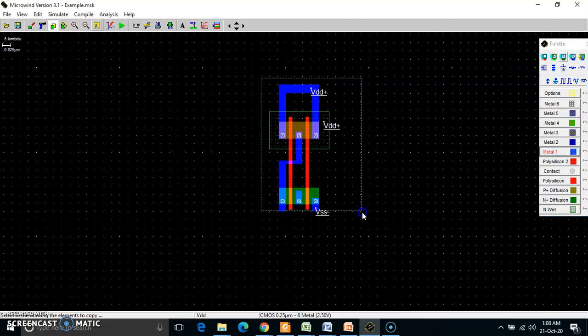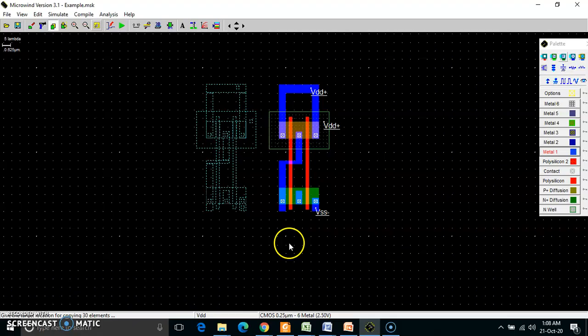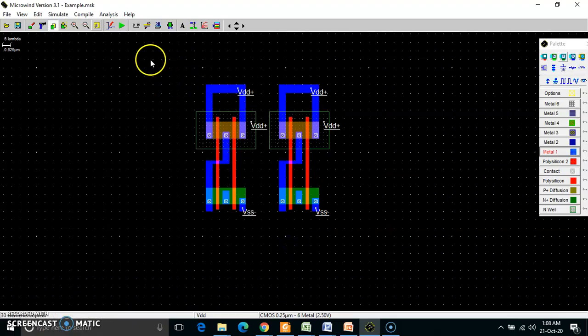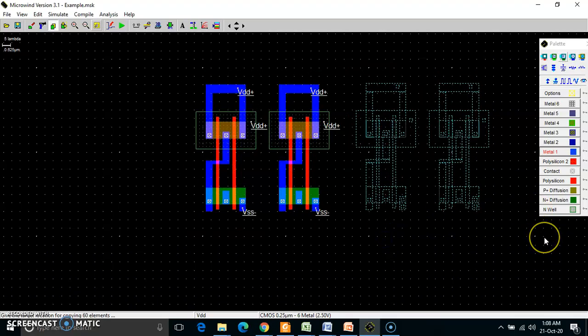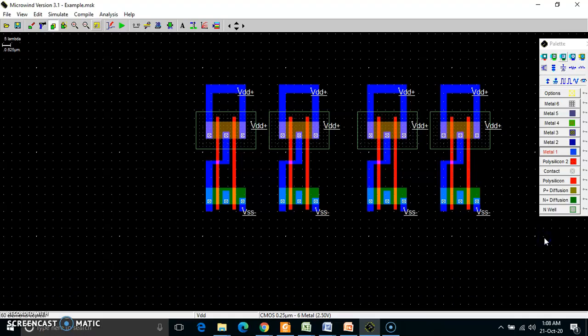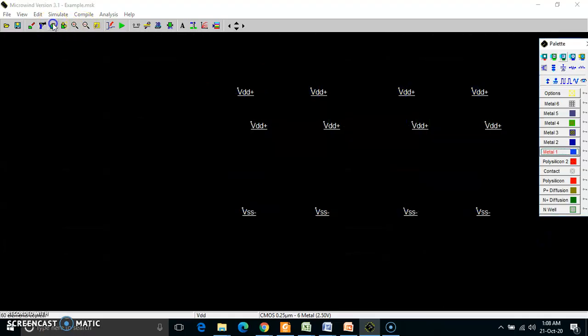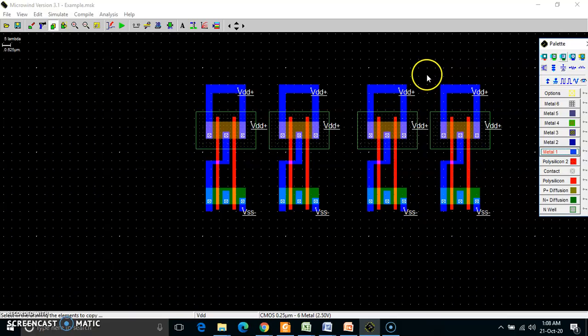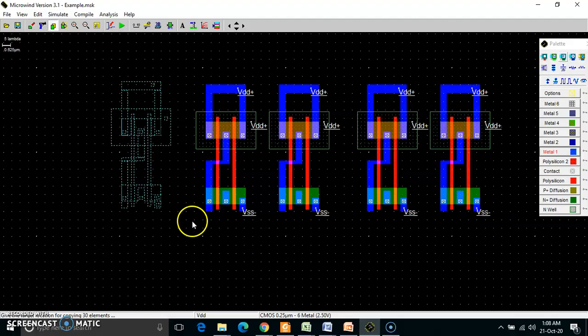So how many times I need to copy paste? I require 5 such NAND gates, and that's why I have just copy pasted first time. Second time I'm just copy pasting this too over here, I'm pasting it over here, and last I need to have a single NAND gate. So always place it somewhat away, because you need to have a connection. There should not be any interconnection or overlapping.